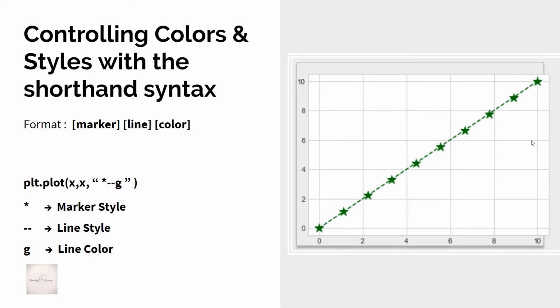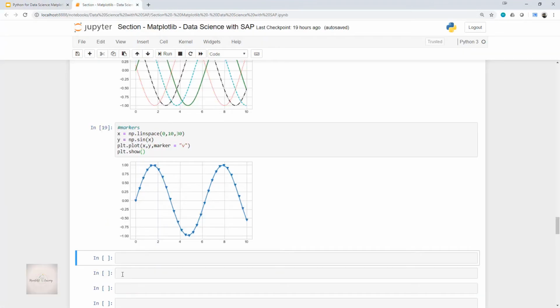Okay? Before, to combine line style and color, we used a single non-keyword argument like plt.plot(x, x + 0, '-g'). It was something like this. Now, to add the marker style, we have to write it in this fashion, that is marker, line style, and then color. So first we mention the marker, then the line style, and then the color. So let's do the real coding now and see how we will get the output.